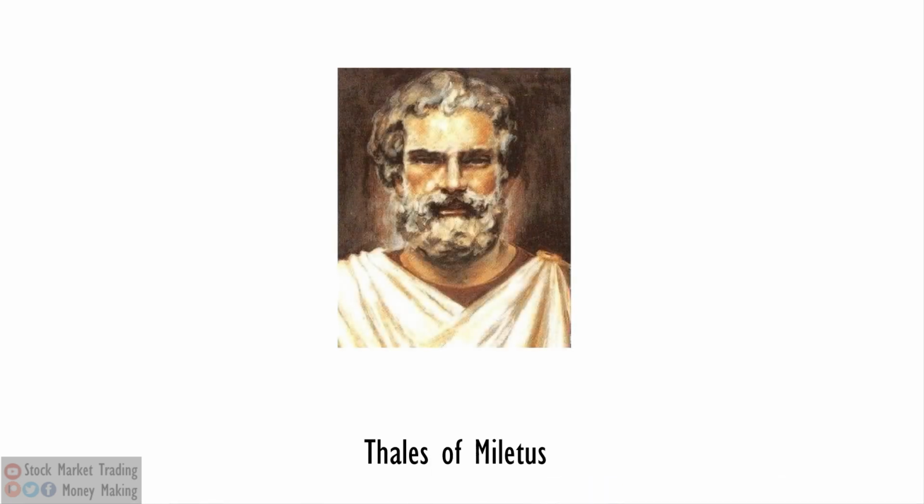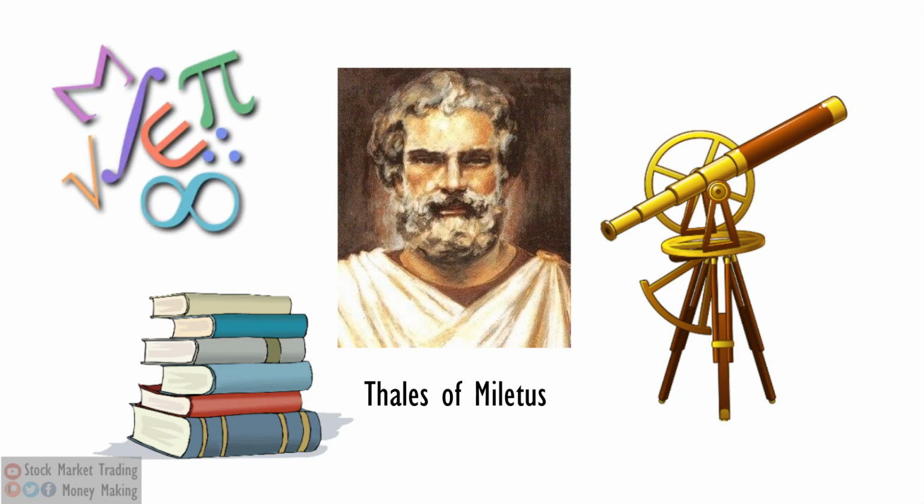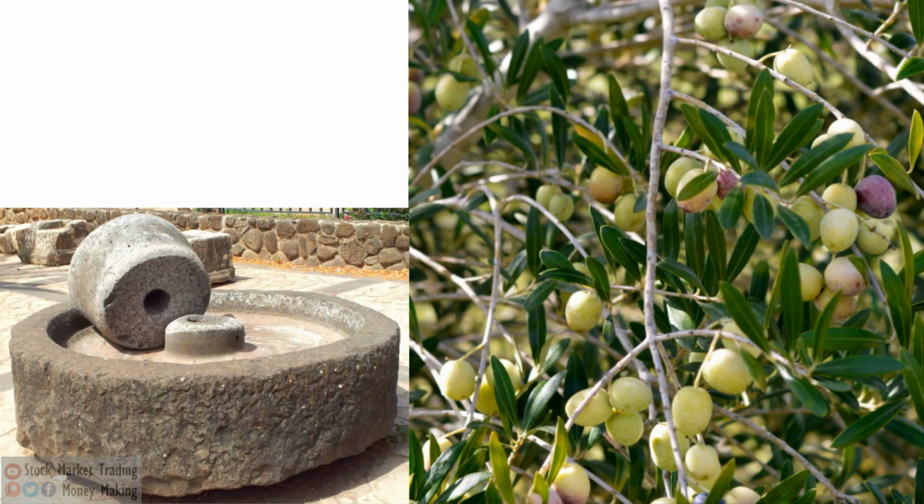In order for you to understand the concept behind option trading, I'm going to use a short story as an analogy. Back in the year 332 BC, yes, before Christ, there was a man named Thales of Miletus, who was a great astronomer, philosopher, and mathematician. Thales was a brilliant guy, and by observing the stars and weather patterns, he predicted a huge olive harvest in the following year. He then realized that olive press machines would be in high demand following such a big harvest.